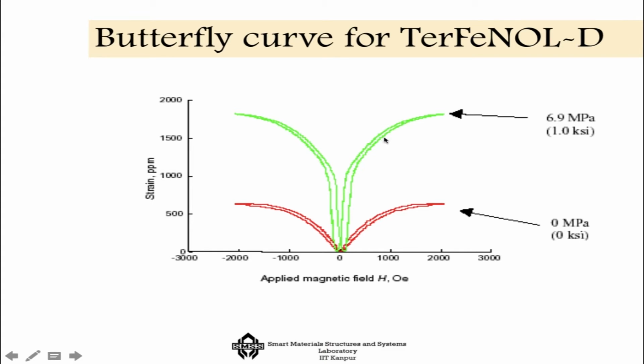The only thing that you are sacrificing is that the range of strain in the earlier case, if it is only unidirectional, is quite large, whereas here it will be with respect to the bias, and hence that range will be smaller. It will be about half of what you can get otherwise. So this is the famous butterfly curve that one has to keep in mind for designing systems using